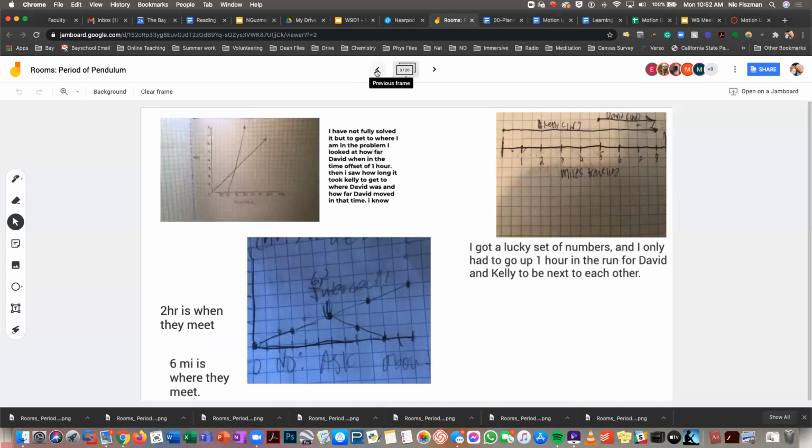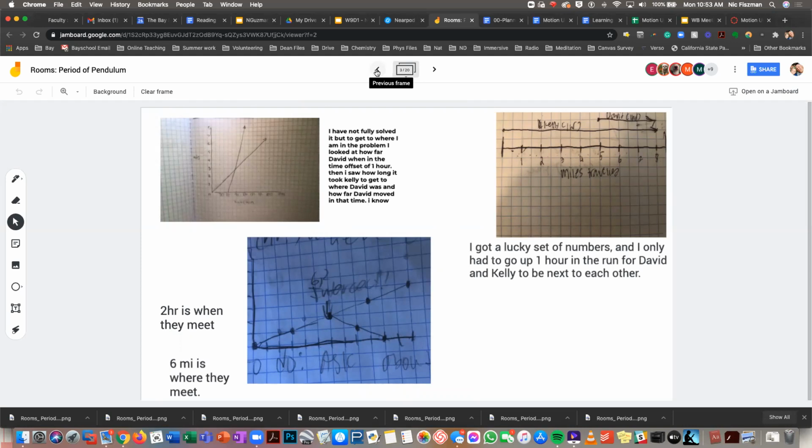What I did was the distance is the bottom line and the time is the upper line. Because Kelly's going 3 miles per hour and each thing represents a mile, I did 3 miles and then went up, and then another 3 miles and went up. And so I made that a line. And then for David, he goes 2 miles per hour. And I put him on the offset of 10 because I was supposed to do an offset of 10 miles,